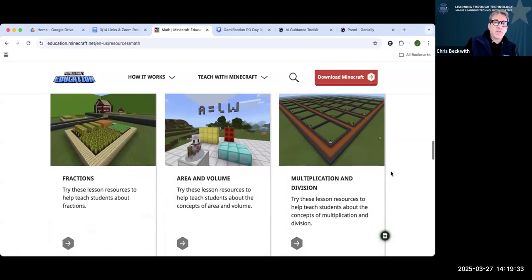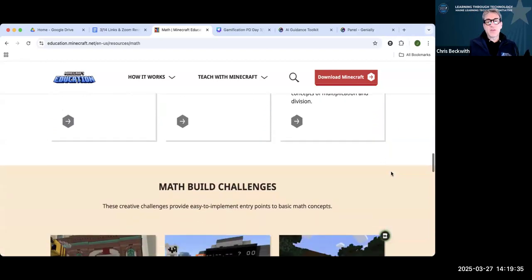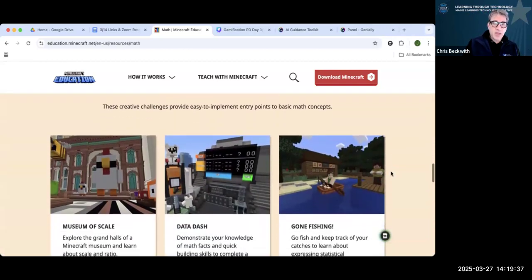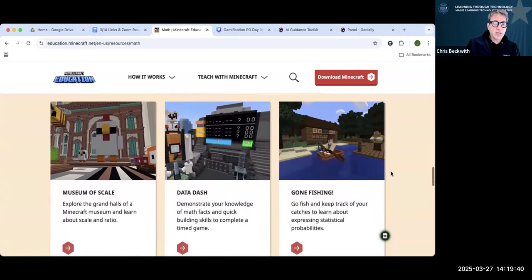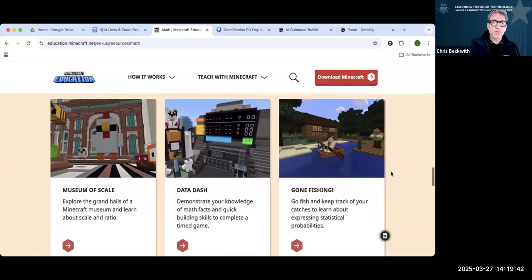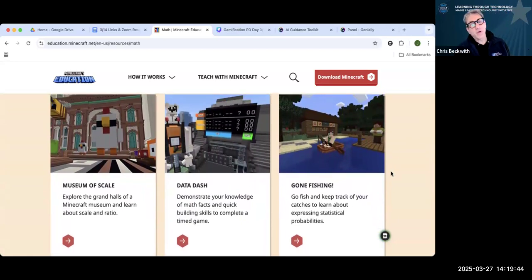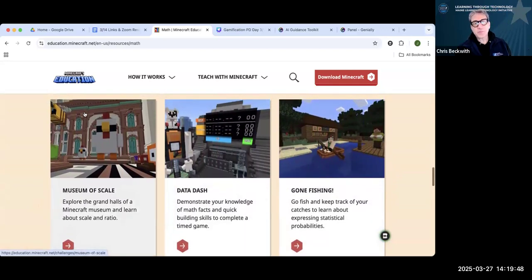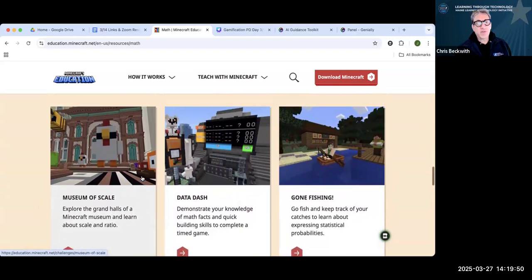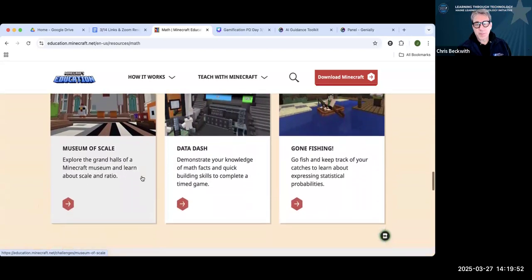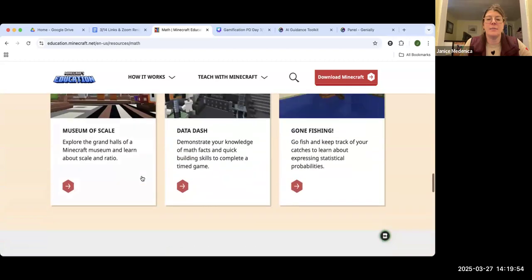It's not difficult. If you can't think of it on your own, someone else already has, and the lessons already exist there. You don't have to reinvent the wheel. You don't have to know how to create a world, and you can send the kids into one of these worlds if you've paid for the licenses for this. That's awesome.